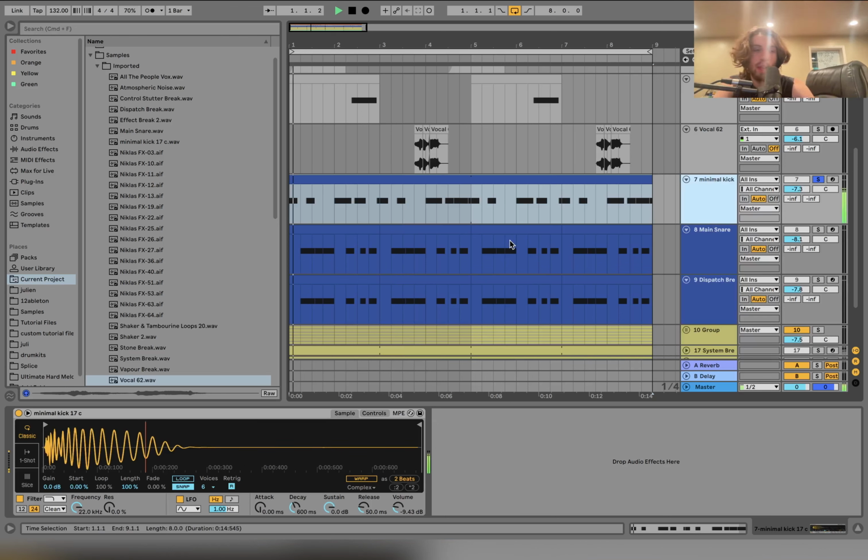So for the kick, we're using this one. It's pretty much just this big fat 909 kick. That's what this minimal kick here is. It's just a 909, right? Like a big fat one though. No processing needed. Just turn it up. And then we also have